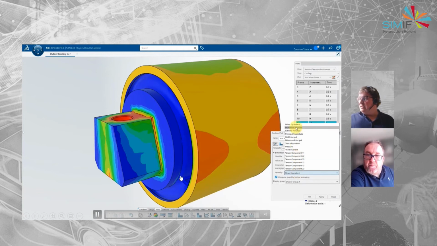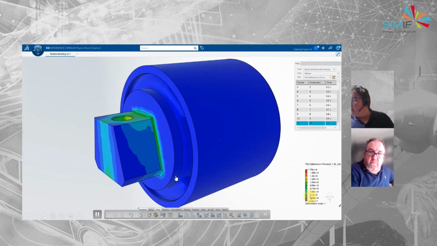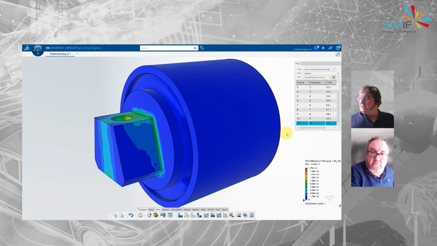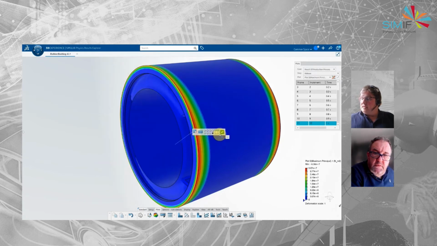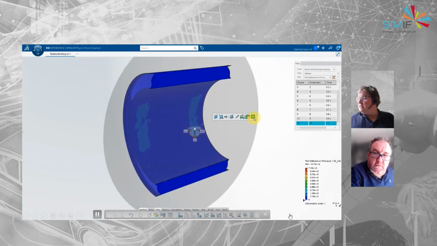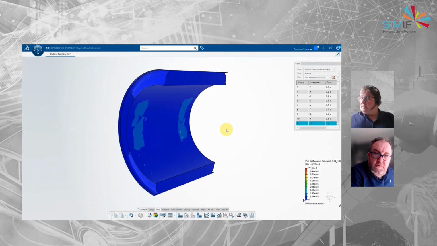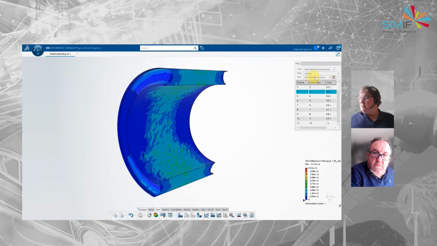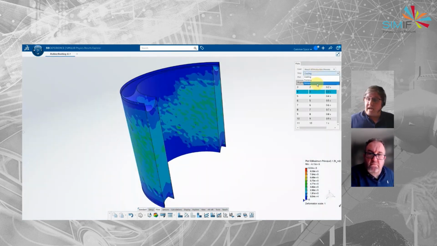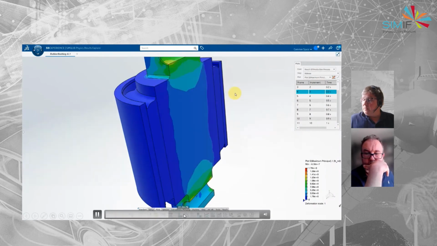So we've got the von Mises maximum deflection. I think we clicked on set the range for our scale. Now we can see how the pressures of, there we go, the residual stresses inside that rubber bushing, being able to just focus down onto just the point that we want to look at.